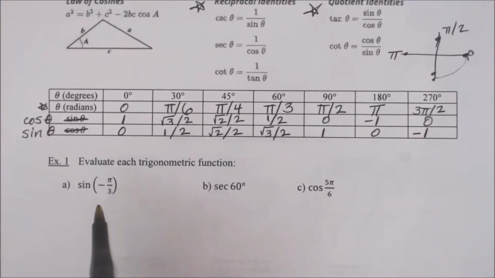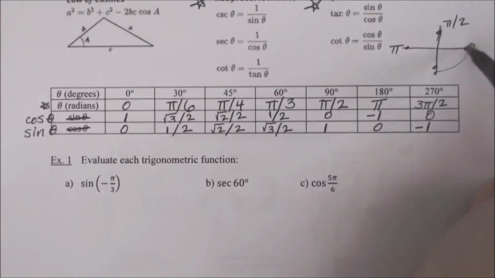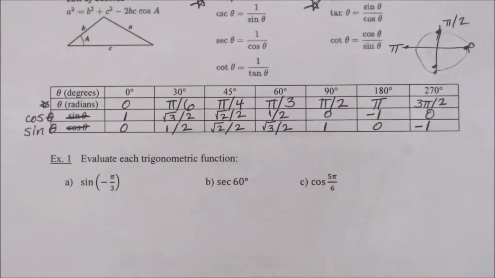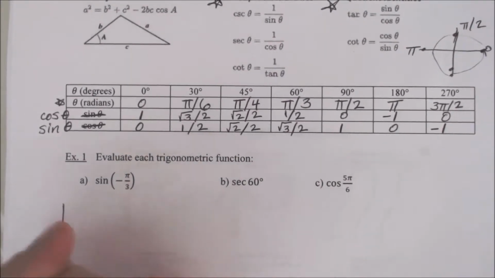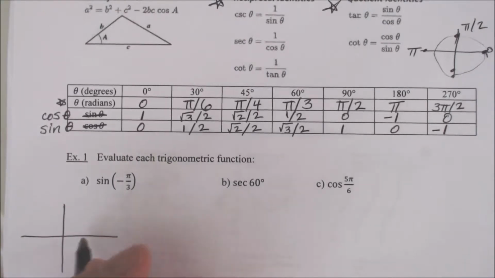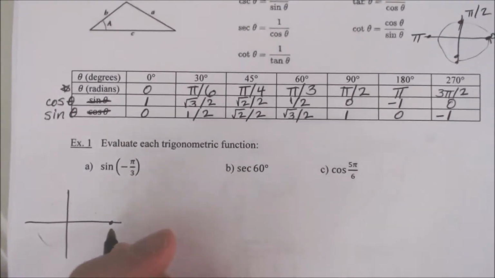Sine of negative pi over 3. Now, negative pi over 3, that's a negative angle, so it's not on our original one trip around the unit circle. Negative angles, remember, that means you go backwards on the circle. So if we rotate counterclockwise when we go around the circle, for a negative angle, we're going to rotate clockwise. So what that means is starting at 0, I'm going to go backwards pi over 3 radians,